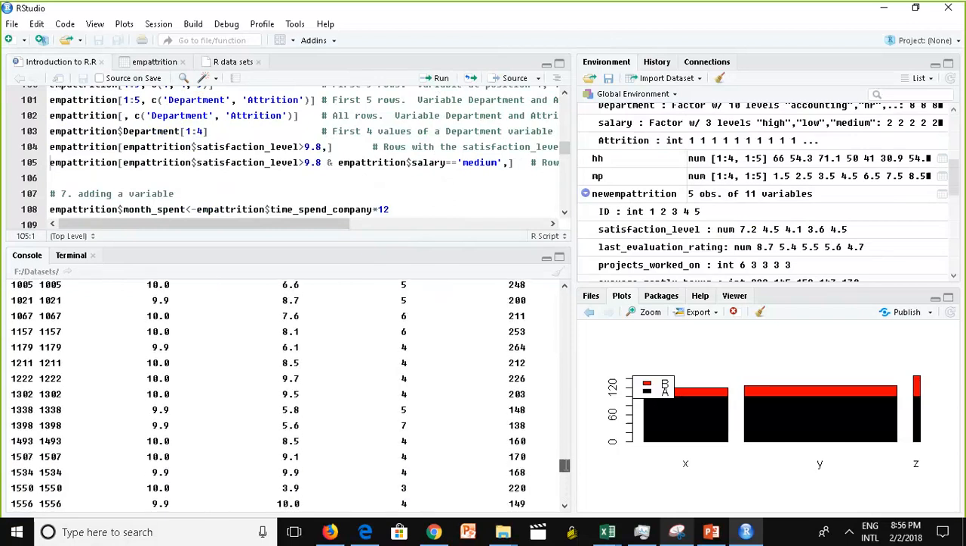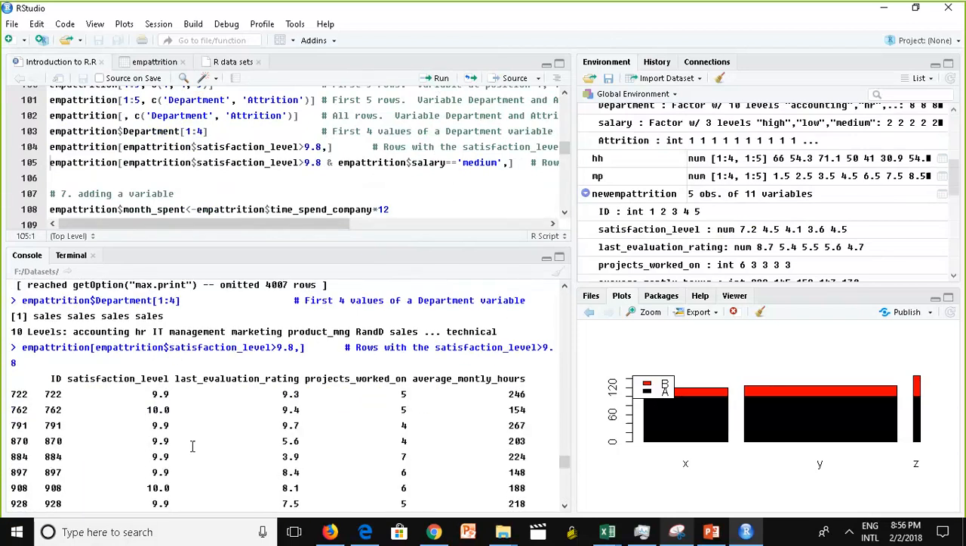Now, what you could do is, how do you test your work? To test your work, you could just skim through, right? Do I have any rows with satisfaction level equal to or below 0.8, right? So that's one way to test,